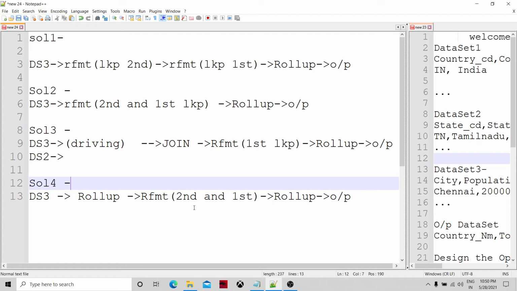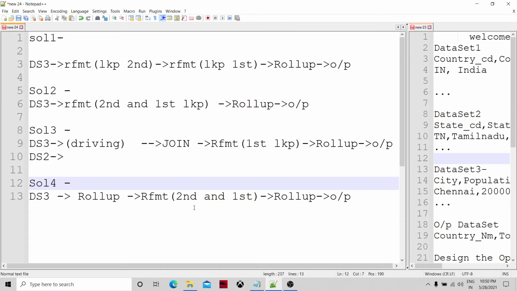So let's talk about solution number 1. In solution number 1, we are reformatting. We have many lookup calls, because in dataset 3 there will be a huge number of records, and doing the lookup for all the records is very costly.